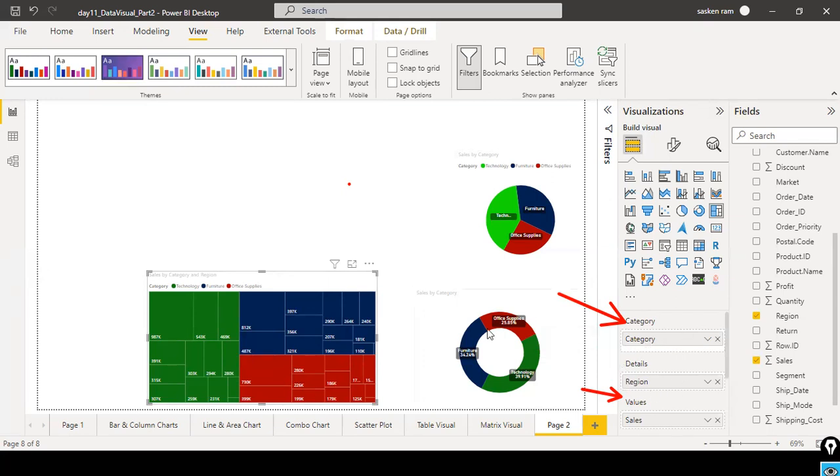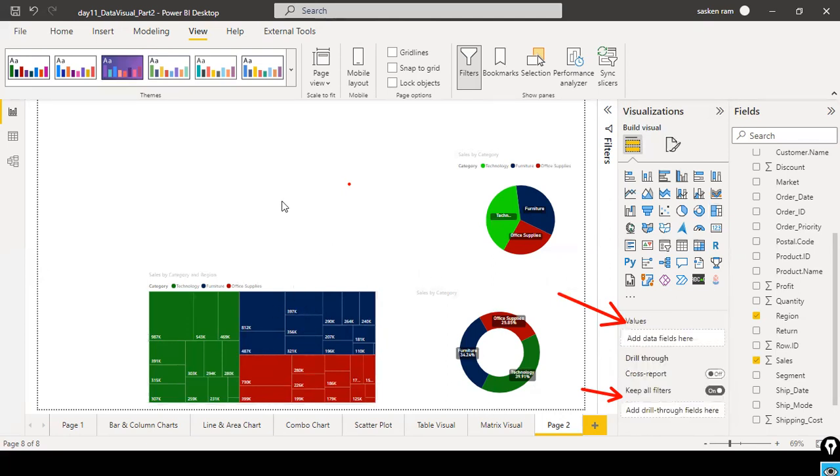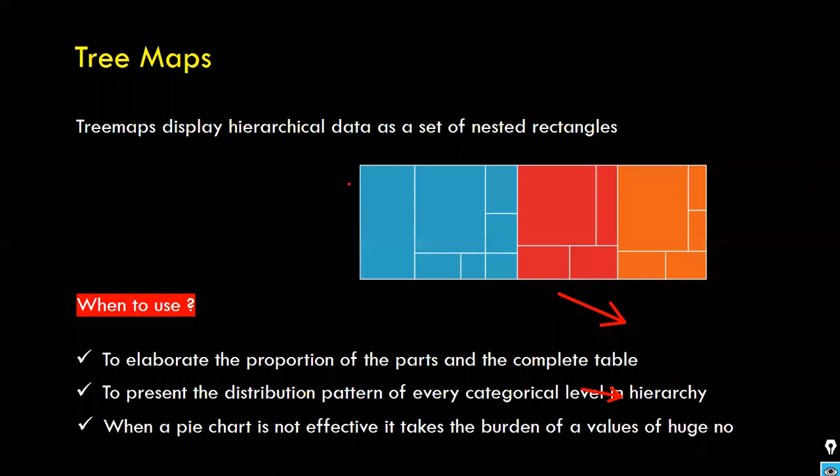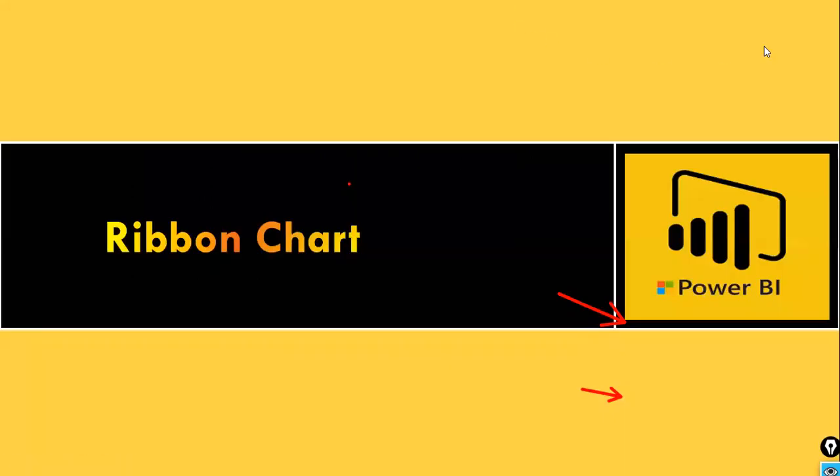We wanted to see the multi-dimensional aspect. We want to see the sales by category, by region. That is what we have seen. With the help of the dimension, we are able to see the breakdown for sales. Next one, we will quickly jump into